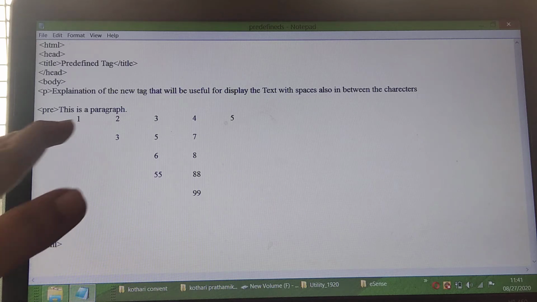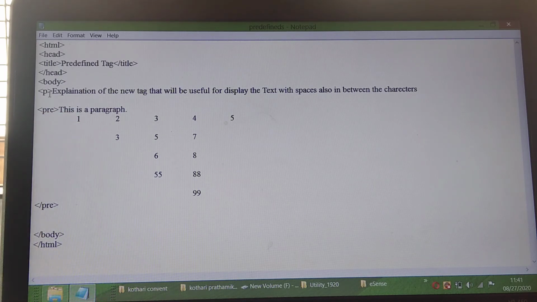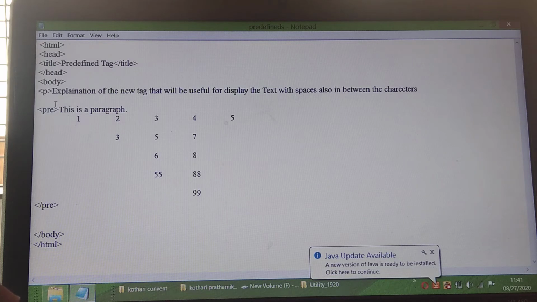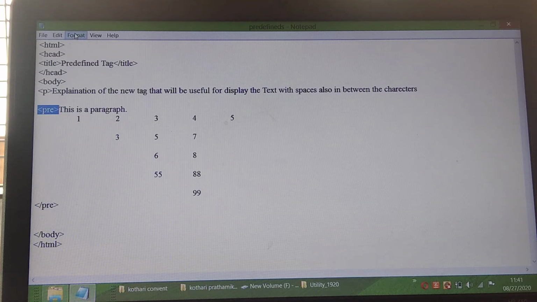Right now we are doing some coding part. You can see pre-tag is a very important tag. I am highlighting the tag. I hope you will understand the name of the tag. But for this I will just highlight the name of the tag with a bold format.